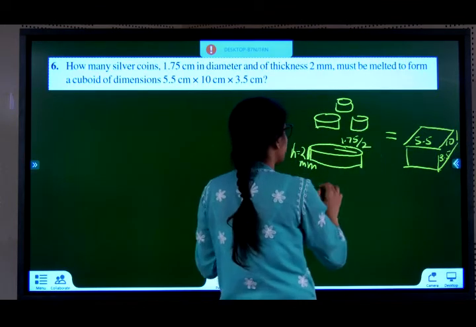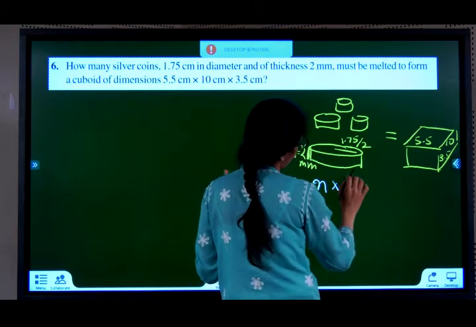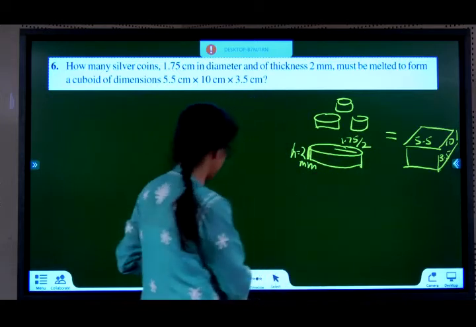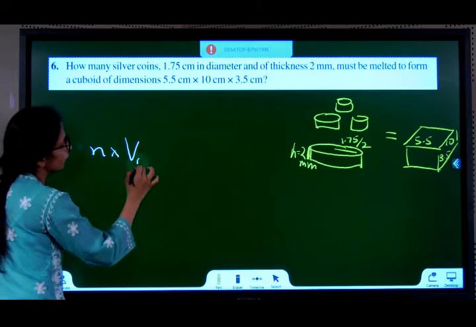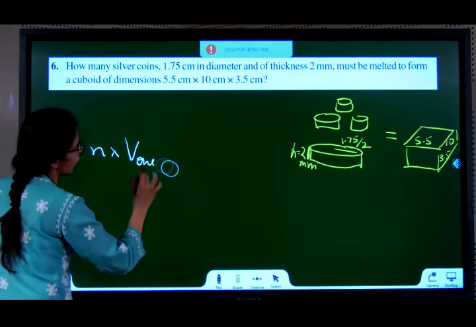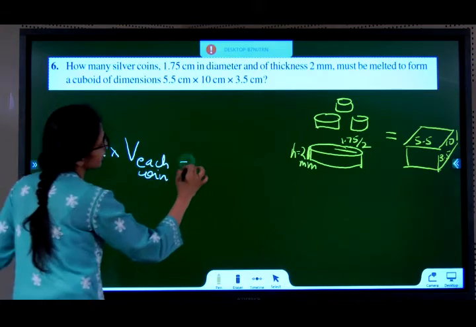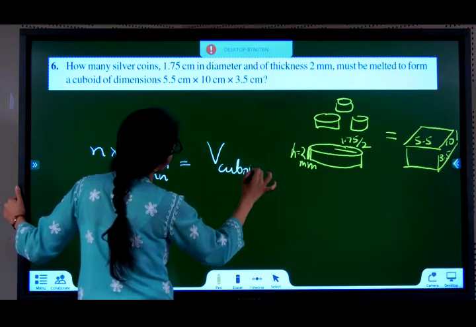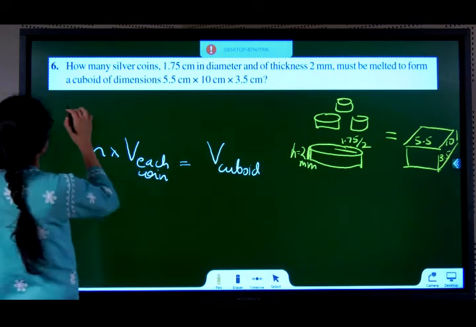So how many coins am I melting? N coins. Each coin has some volume, and each one is contributing to the cuboid's volume. So I can say, let the number of coins be n. N times the volume of one coin, or each coin, is equal to the volume of the cuboid. Agreed? So before we go ahead,